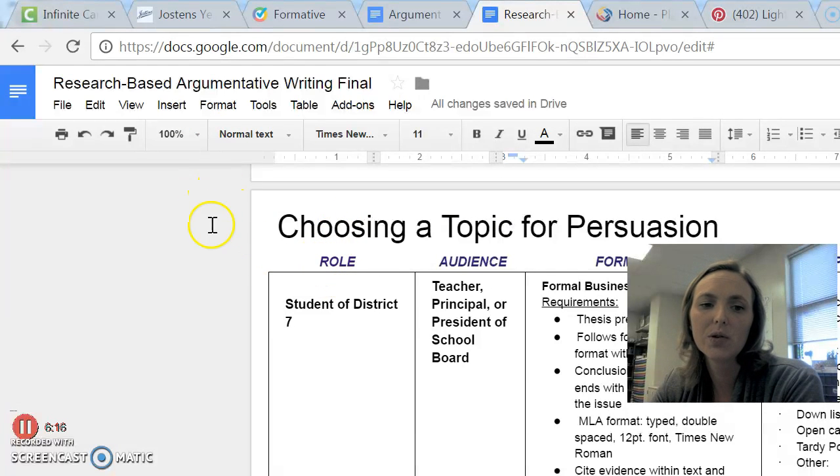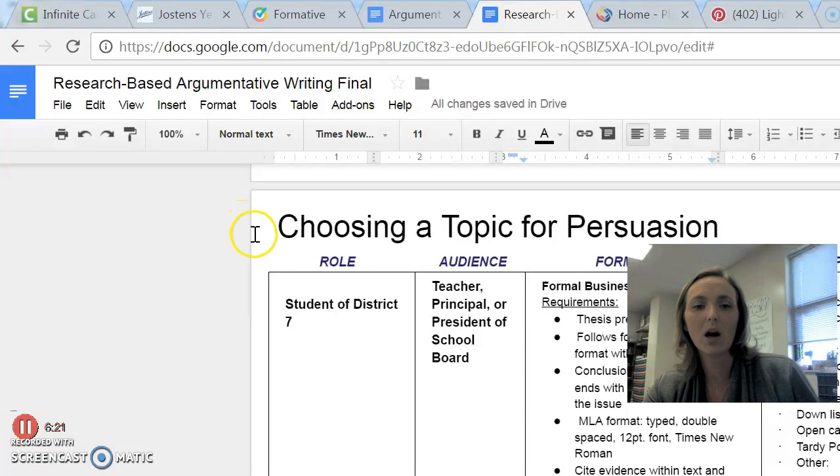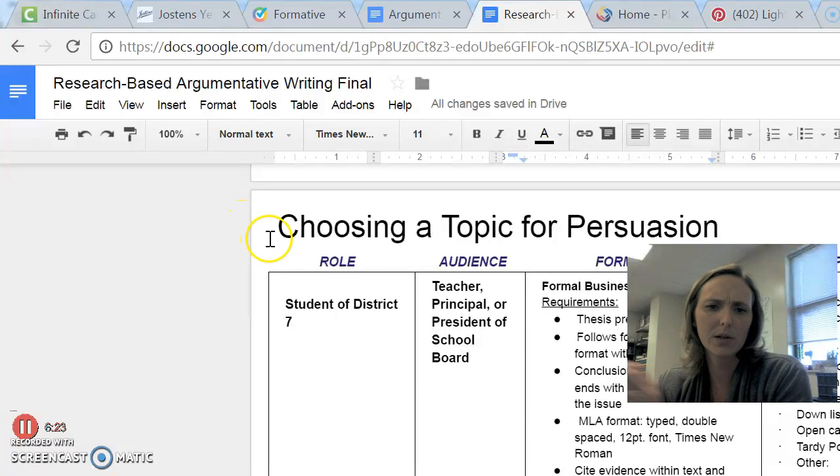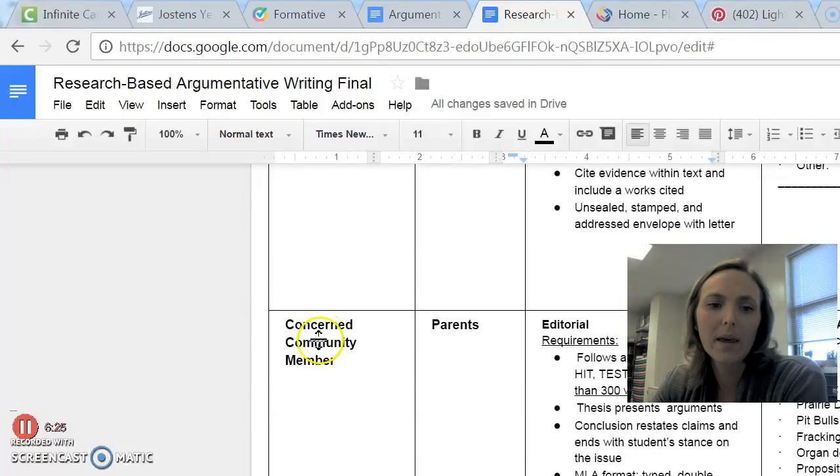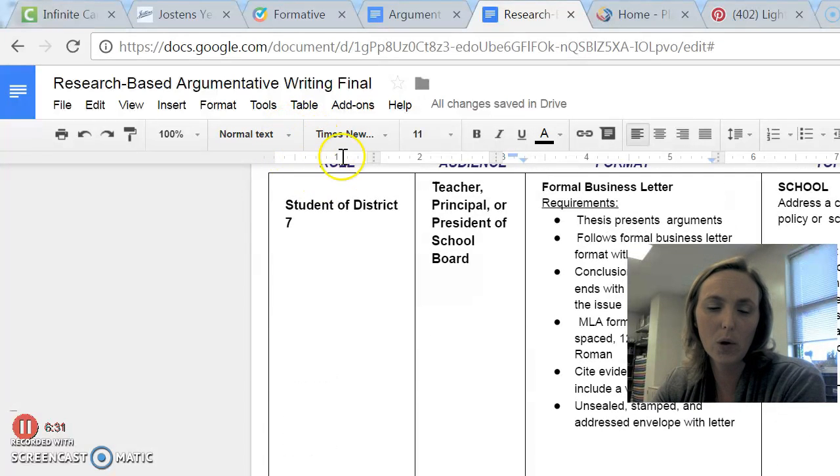With that, if you were a student of District 7, it would be appropriate then to have the audience be somebody who's related to the school. If you're a concerned community member, you could write a letter to the school board.